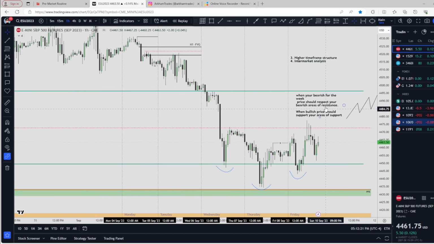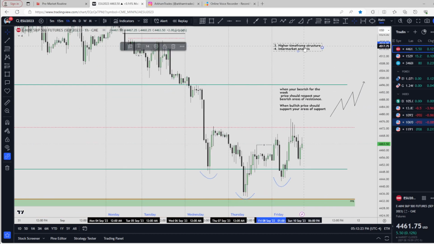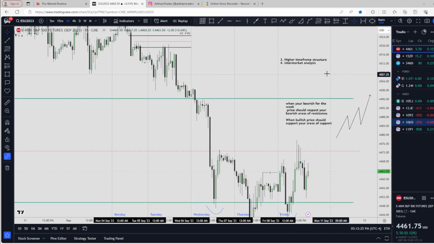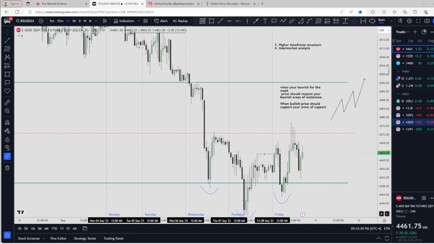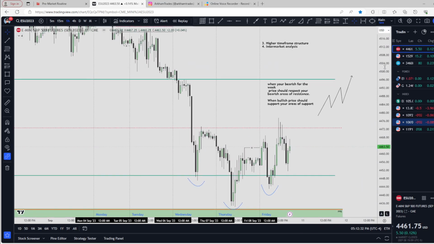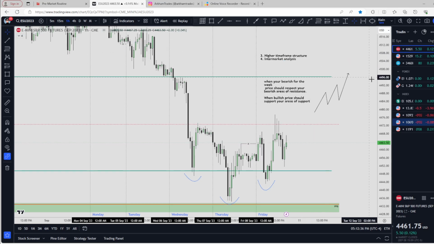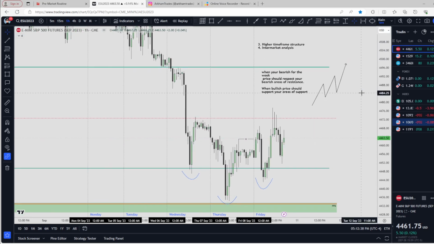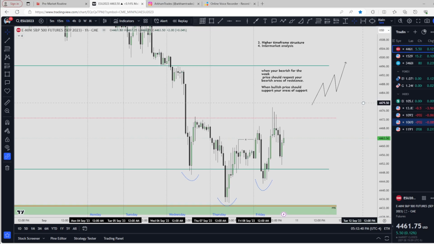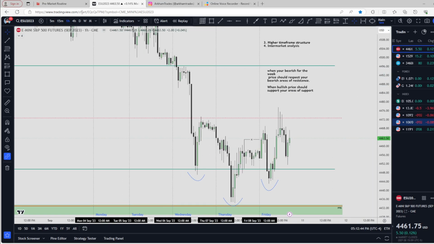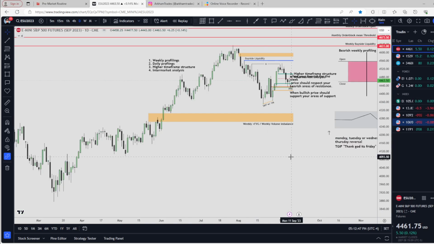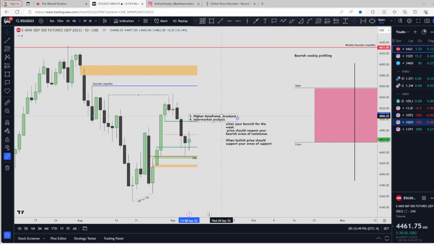Then we have, last but not least, intermarket analysis. This is where you look at other pairs, other indexes that are correlated to yours, and form a bias based on their structure or where they're going. So, the reason why I was so bullish today, or Friday, was